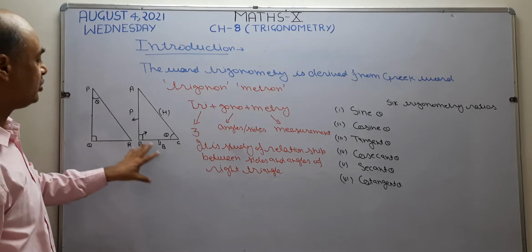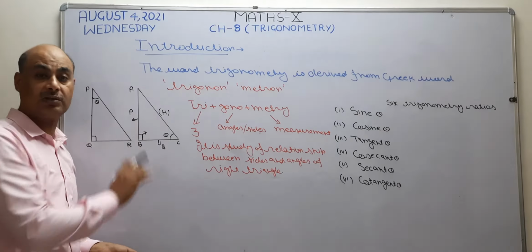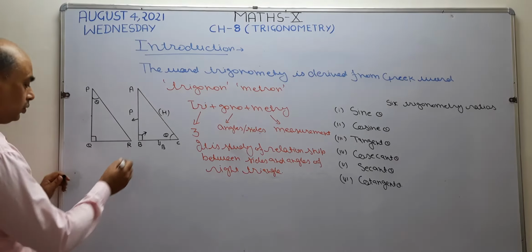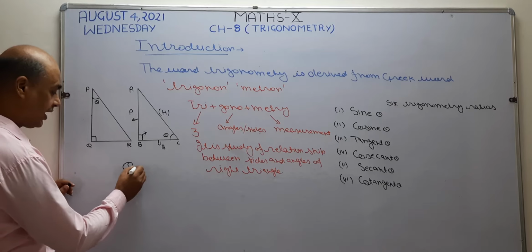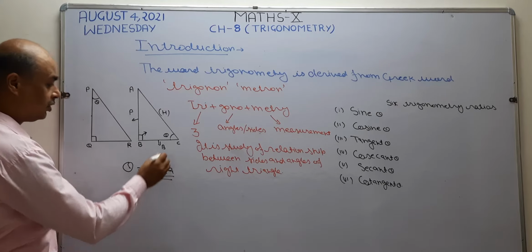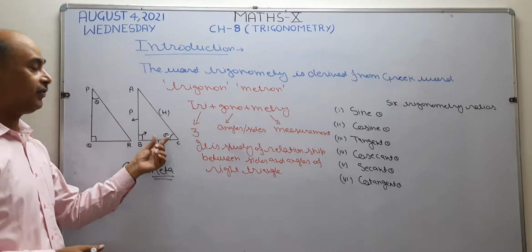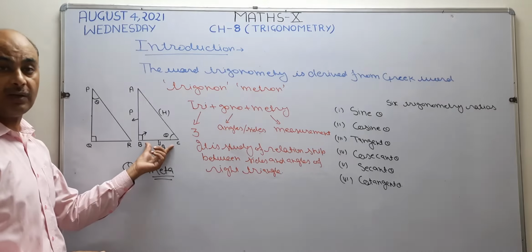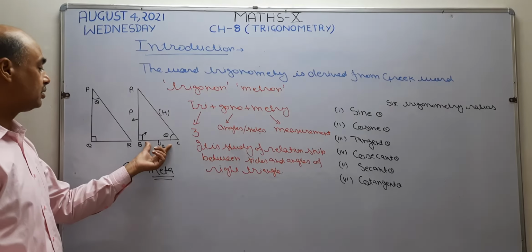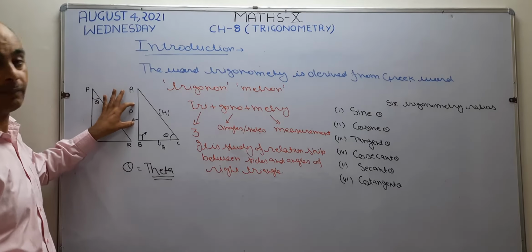Now in trigonometry it is not fixed that every time you are going to consider this BC as the base. It depends upon this angle. This is theta, which you are going to read as theta. This is an acute angle. The base depends upon this theta. If this theta lies on the side BC, then we take this side BC as the base. If this is the base and the hypotenuse is fixed, what is left? Perpendicular. So this side will automatically become the perpendicular.